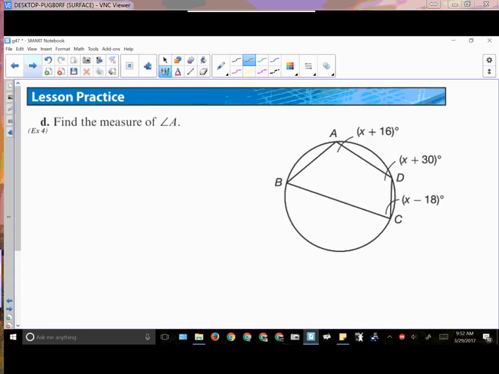So we give you a few moments, and I want you to do this. All right. So what is the measure of A,